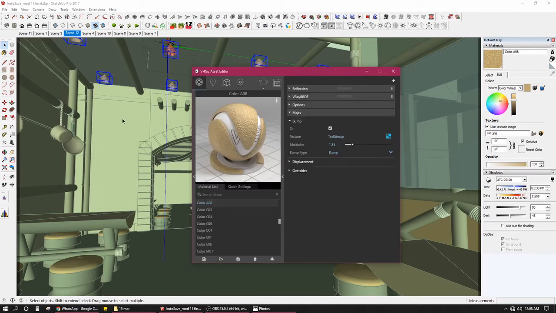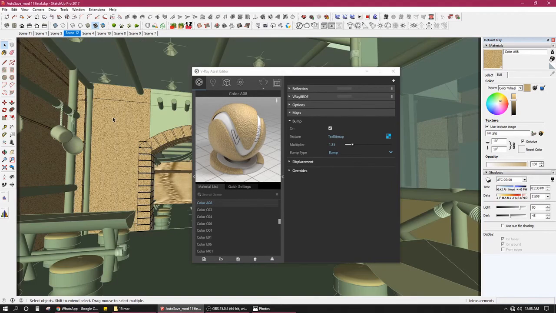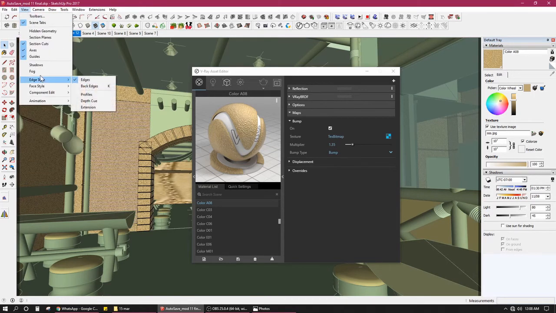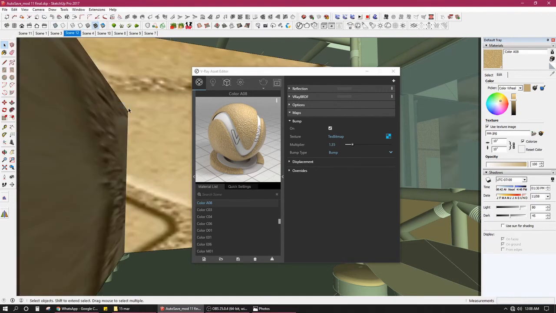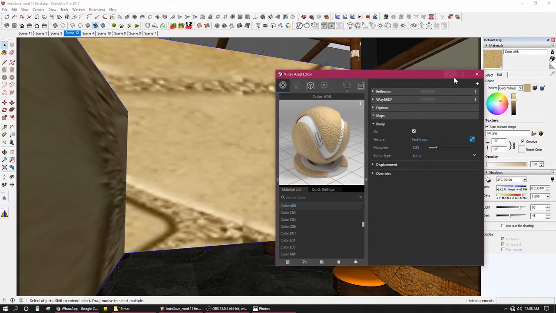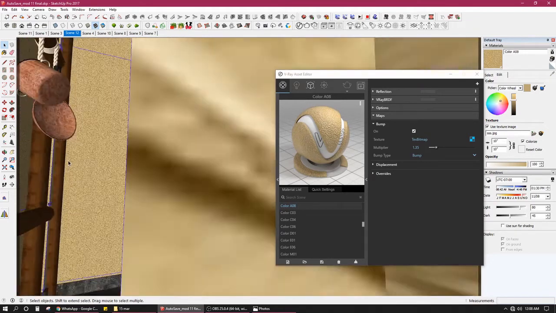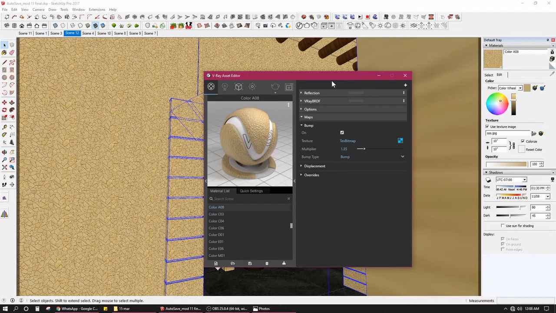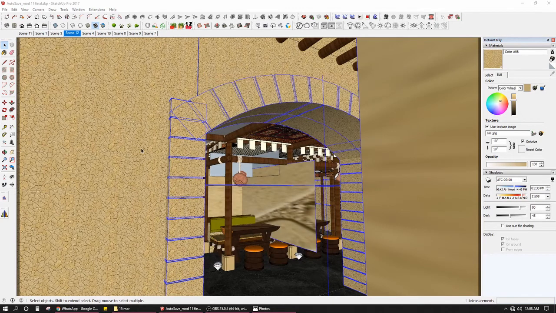Alright, so now coming back to my material. Let me just go out there and unhide all the lights that I have put. So now these are my rectangular lights. You have observed that these lights have the texture of my material, right? That happens with SketchUp. It is a bit of a glitchy software, and that is not a big thing for you to mind, but you need to take care that it doesn't happen, as a measure of good practice.